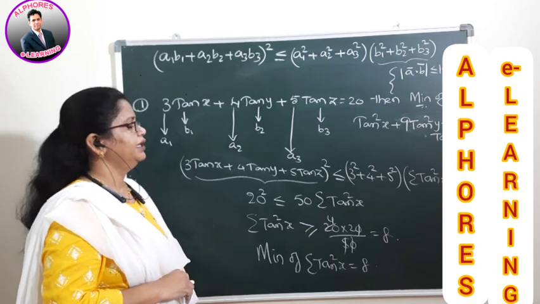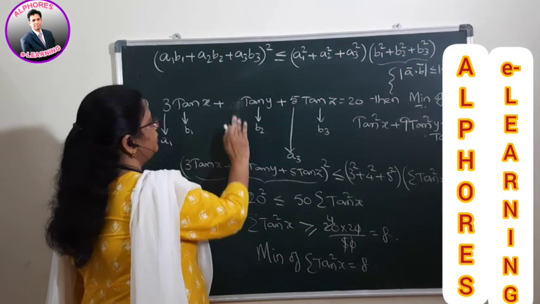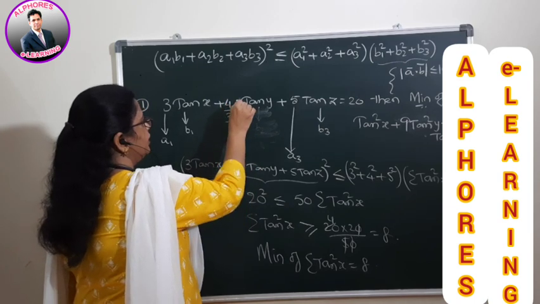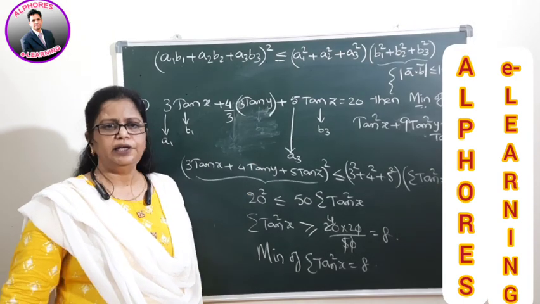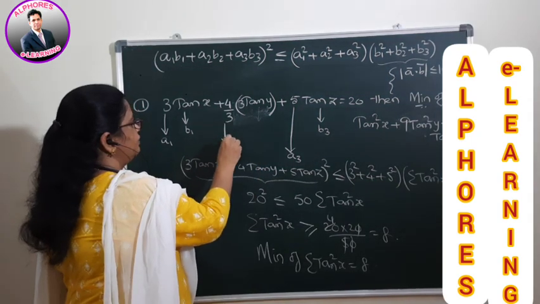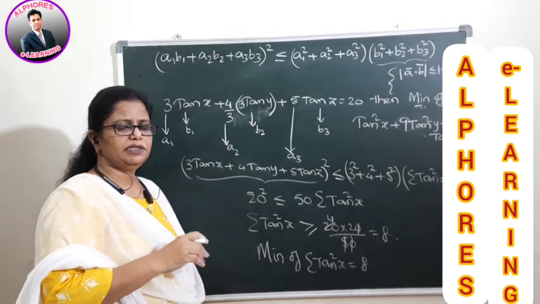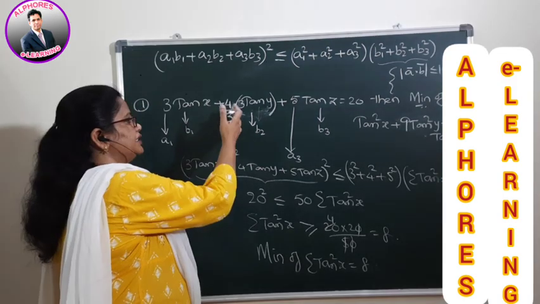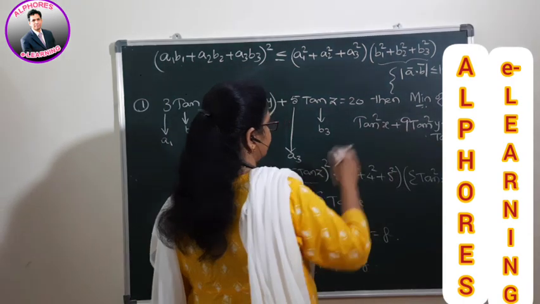Then how do we solve this kind of problem? You have to think that 9 anyhow you have to get here. Therefore, to obtain 9, I will do one thing here. I write this value as 4 by 3 into 3 tan y. In this way, students, what will happen when you simplify? This is your a2, and this value is b2. However you want to get the formula, you can modify it; only a constant adjustment, so nothing will happen. Then I can do this problem as 9 tan square y.